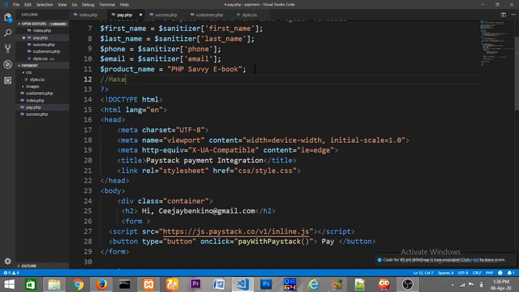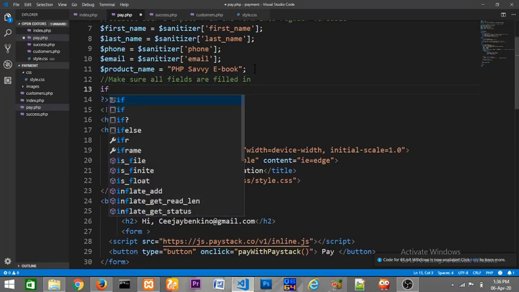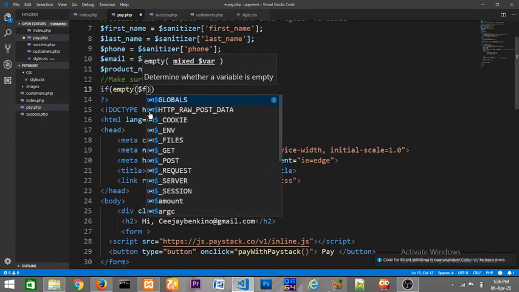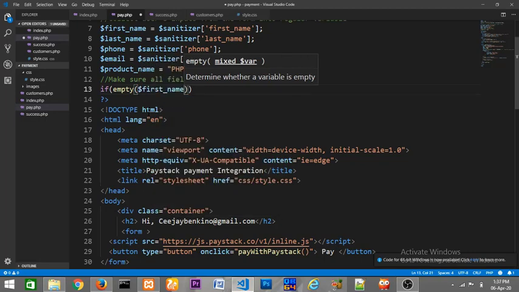You can just say make sure all fields are filled in. So down here we can just use an if statement to do that. So if I say if, with a function called empty in PHP, if empty first name, call it your first name,